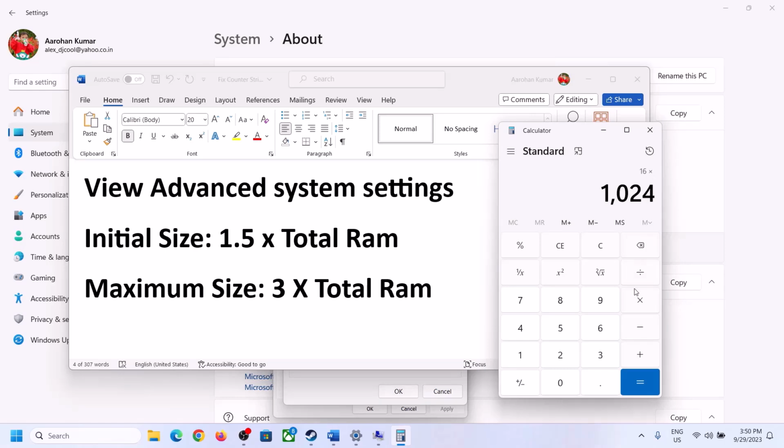So 16 GB in megabytes will be 16384. Now 1.5 into total RAM. This is my total RAM in megabytes, into 1.5. So in my case initial size is